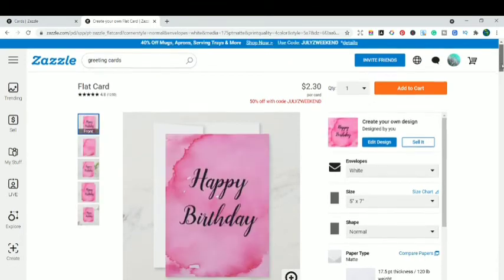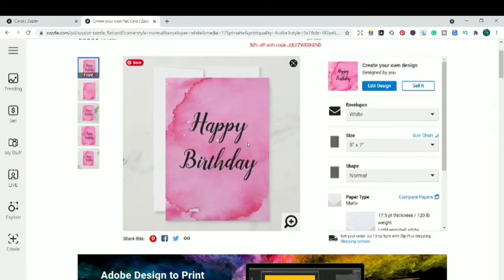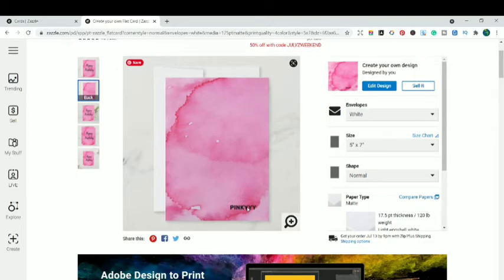See how your card is actually going to look to the customer who's going to purchase it. I really love this card. In fact, if I were going to gift someone this pink watercolor texture, I would probably buy this card from the Jazzle and gift it to someone, because I made this texture with my own hand, and I really love watercolor textures a lot. And this is the back end of the card, guys. This is how the back end looks, with that brand name and the watercolor textures.